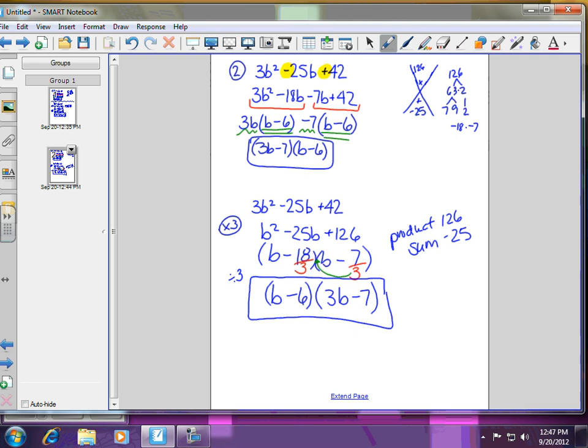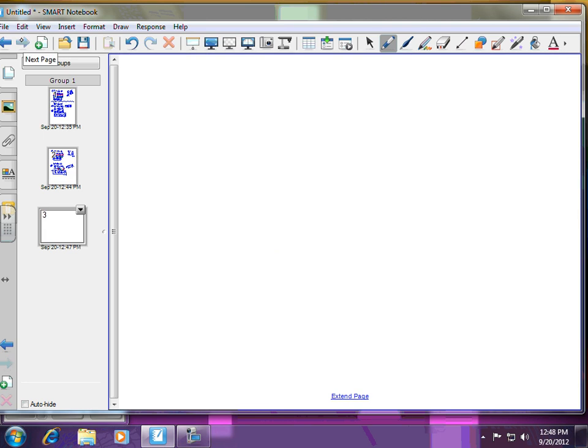Let's do one more example. This will be a good one. All right, so the example is example 3, and it is 16b squared plus 60b minus 100. And you're thinking to yourself, you've got to be crazy, lady. What is your problem? But if you look at this, it's really not as bad as it's cut out to be,